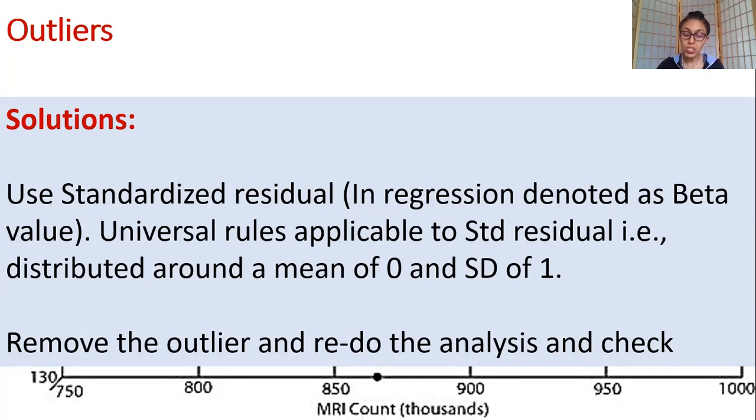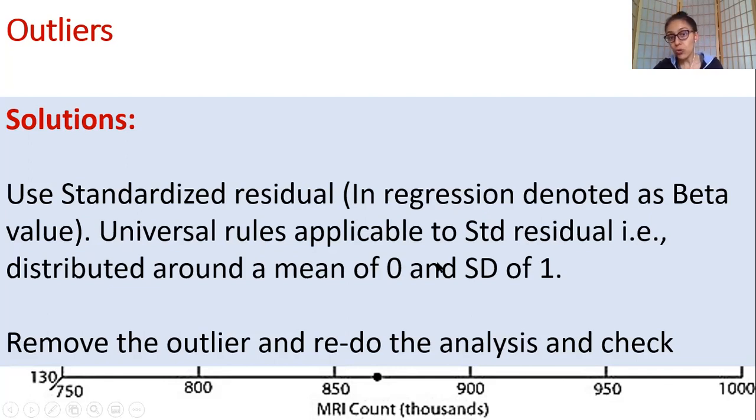Standardized residuals are always a best practice that you would be reporting in regression, because I have explained to you the term standardization, what it means. Standardization means that you can take this value and compare it with the other standardized beta values published by other researchers in other papers using regression, examining a similar research question. Make sense? So that is why this is important. When you have outliers, the solution is to always report standardized residuals and standardized beta values.